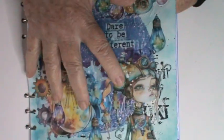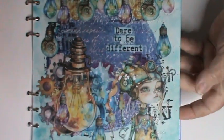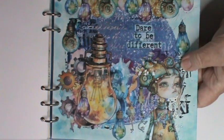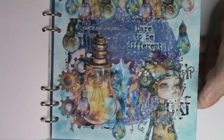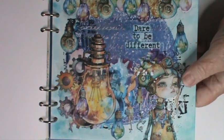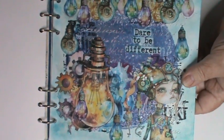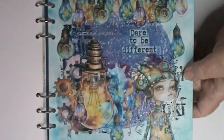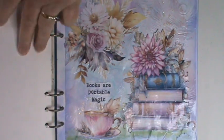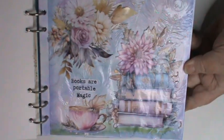Amanda's done some absolutely gorgeous kits for this weekly challenge, and you know, I have to say some of them have been more fun to do than others, and this ranks up amongst the more fun to do, I would say, personally, from my own point of view. This is this week's